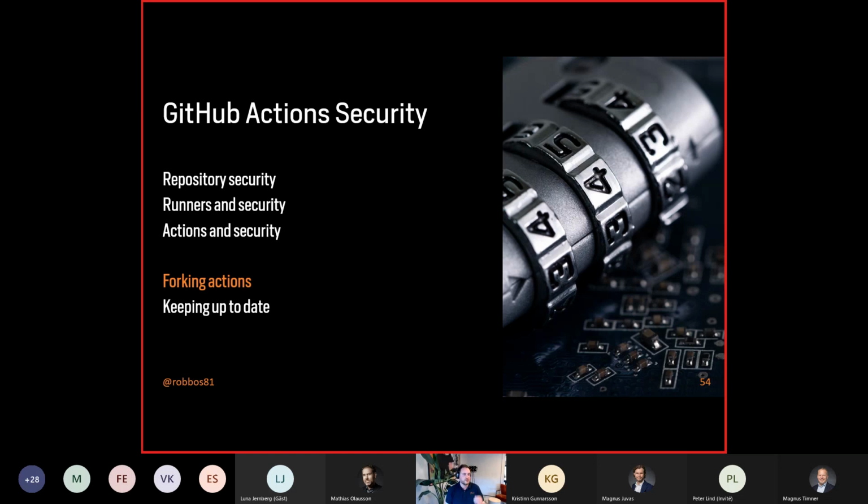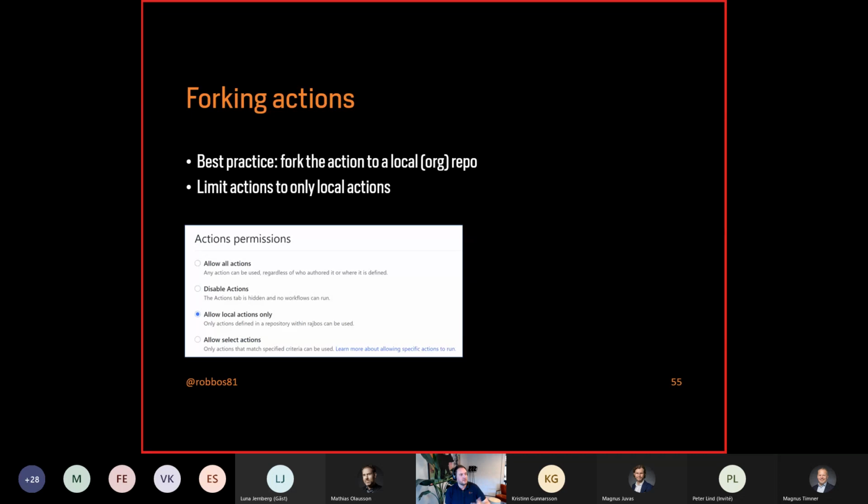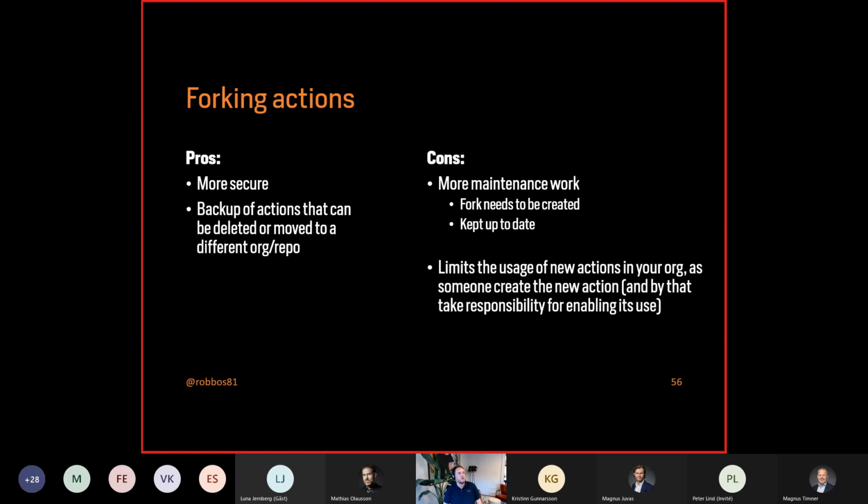And that's fork your actions over. I like to fork them over to my own specific organization where I'm only hosting forks of action repositories. And then in my production setup, I say only allow the local actions, but I'm doing that in a different org. So I say only allow select actions from that entire organization. You have to have admin rights to set these settings. So that is a way to protect yourself from somebody using just arbitrary actions from the internet.